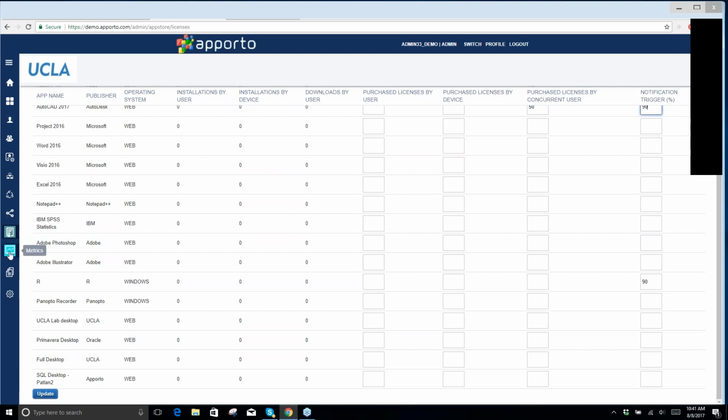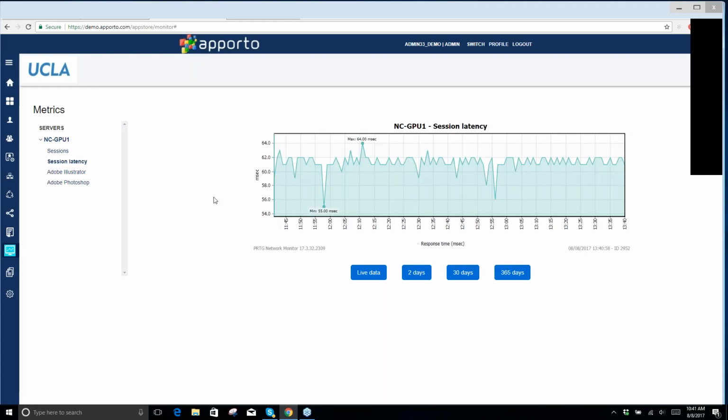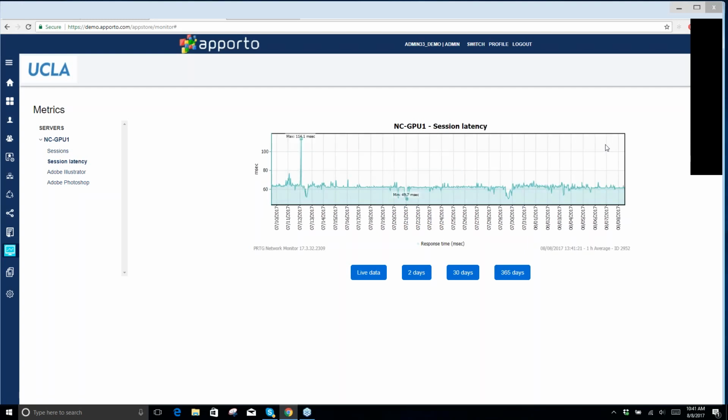Another cool capability is the ability to view metrics. So obviously, not only do you want to see what's going on, but you also want to see how the system is performing. And as you can see right here, the nature of internet traffic goes up and down, pings go up and down. But when I look at this chart, I can see that it is flattish, even though there are ups and downs. What would worry me is if I looked at this chart over the course of 2 days or maybe 30 days, and I see a general deterioration of conditions where the response time for an end user is